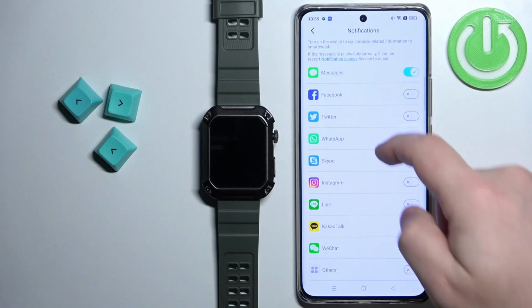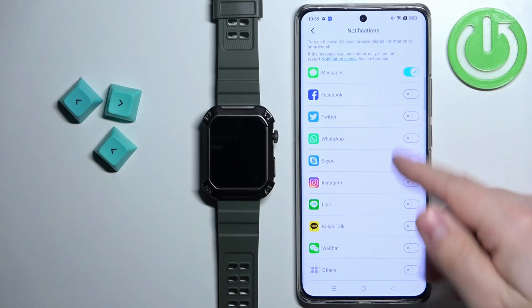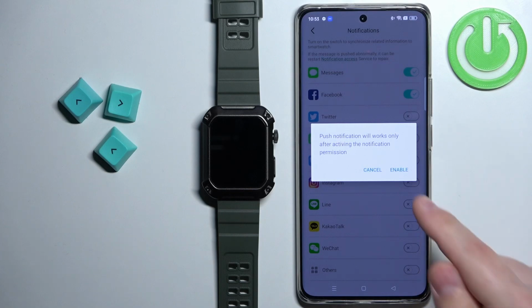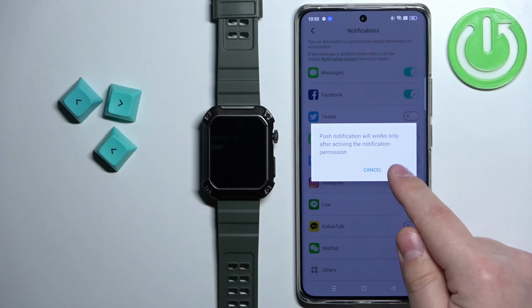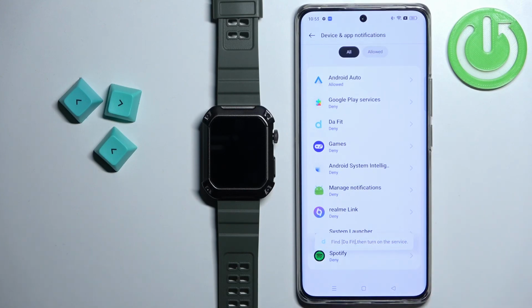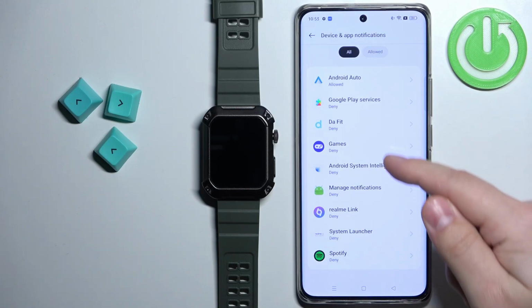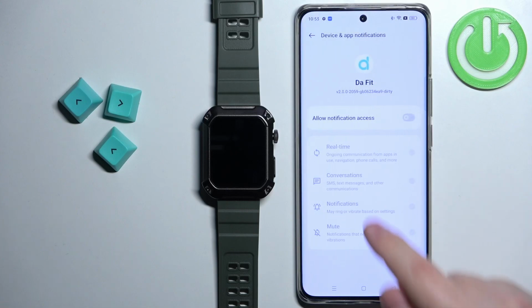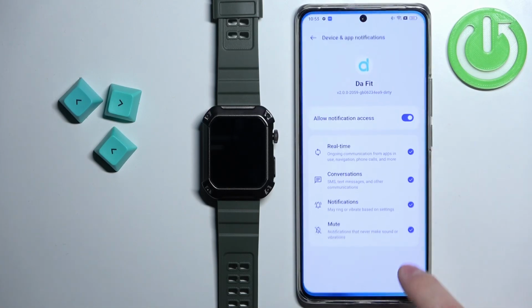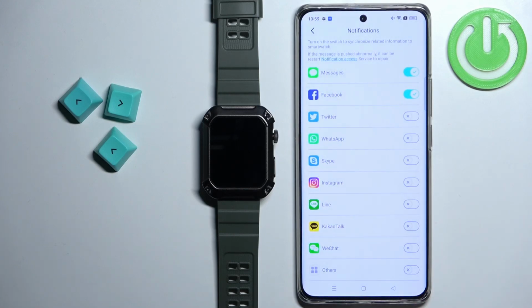And then we have the list of applications like Facebook, WhatsApp, Twitter and stuff like that. And if you want to enable the notifications for the specific app, simply tap on the switch next to it. If you get the pop-up, tap on enable. It will redirect you to the devices and app notifications. Find the ROGBID on the list, tap on it, tap on the switch next to allow, tap on allow, and once it's allowed, you can go back to the app,